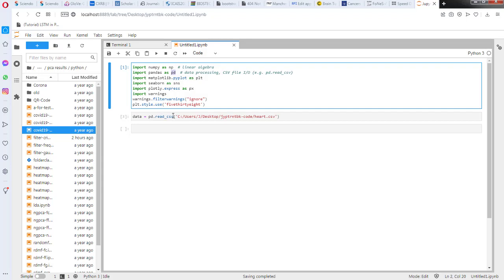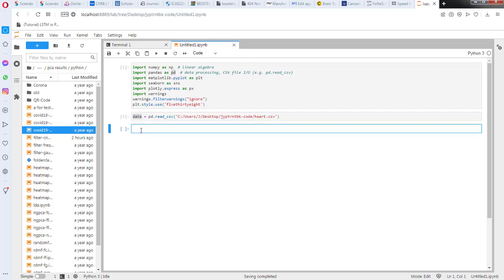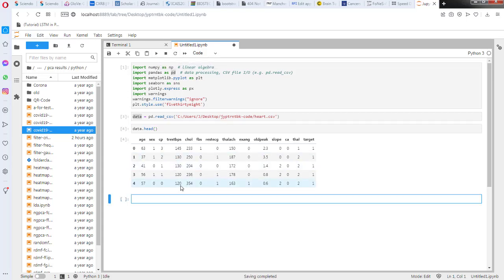So he is telling it to please go and read the CSV file, and then we gave the path and name of that CSV file, and once it read it, it assigns this file's values to the data variable. So now we will check the head of that data. Let's execute this line. So this is the head of the data. It's showing the top 5